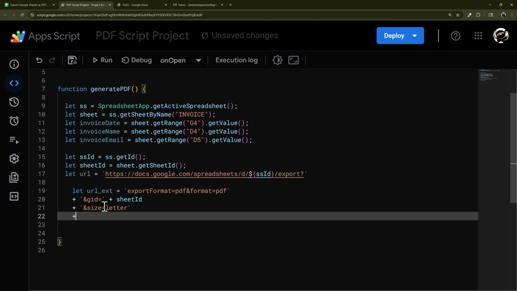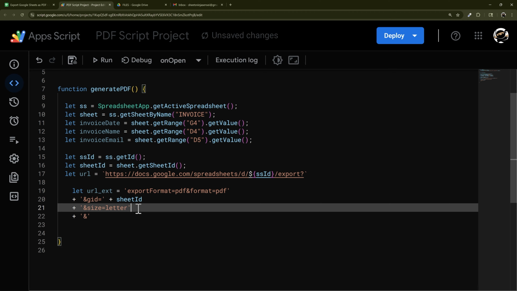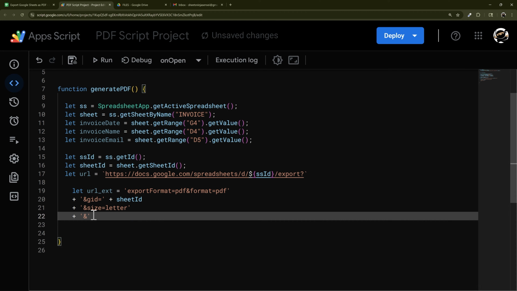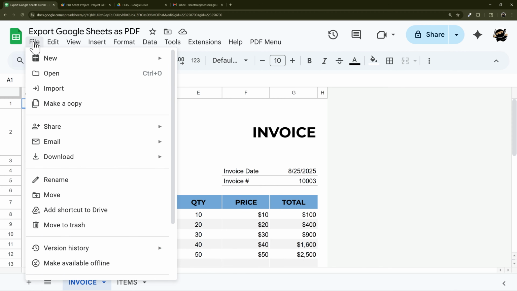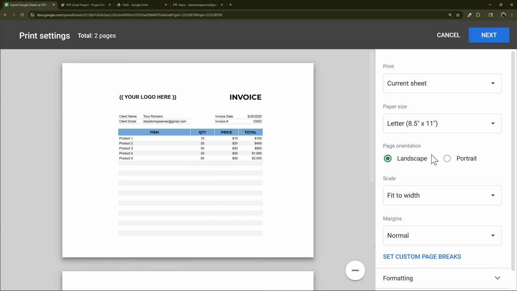And then next we'll do, and so if you notice here, I didn't add a variable afterwards, so I didn't do a plus because I'm not adding anything, I'm just setting it inside here. And so let's do fit width, and so that's fitW is equal to true. And so basically what I'm looking at is when you go to print or download as PDF, you have these